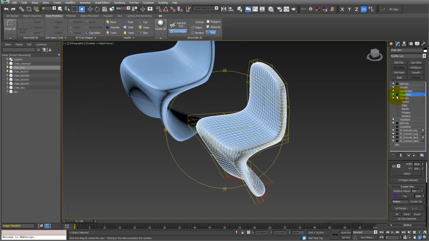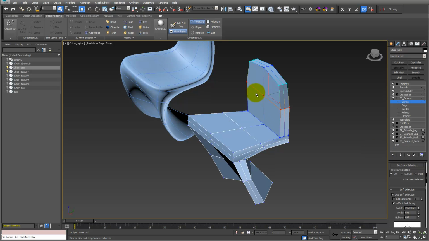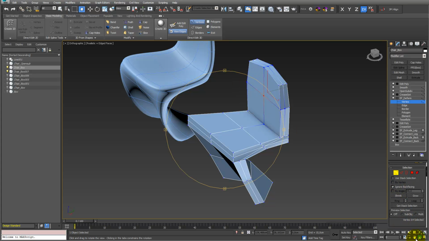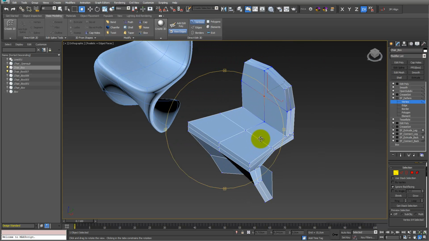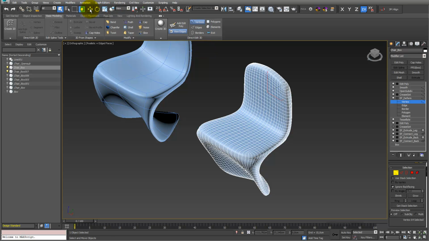And if I now go into my edit poly, which I probably just rename to edit poly and deform, I can go into edge, and best case, switch the show end result toggle off, because then you can select your vertex points like this, and best case, use ignore back facing, otherwise you also sometimes select the vertex point at the back. Just select my vertex points, and I switch the show end result toggle on again, and you can see what